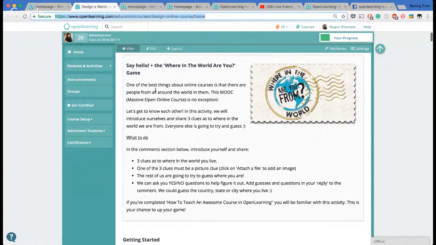So if you read the instructions, you'd see that you're supposed to share 3 clues as to where in the world you live, and one of them should be a picture clue, and other students can sort of guess where that location is. Yep. And just a reminder, this course is open for anyone in the world to join. So this is a great icebreaker to start off with, because you'll have students from,